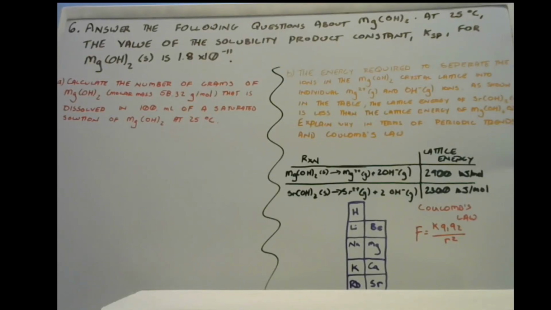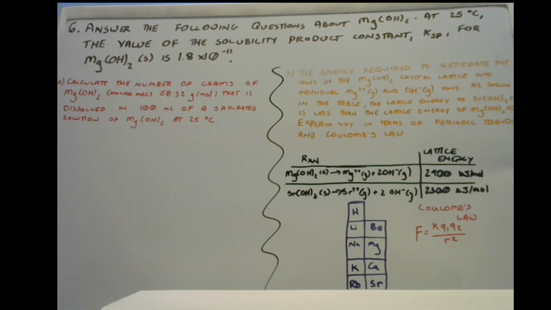Good morning and welcome to the 2017 AP Chemistry FRQ walkthrough for question 6. Question 6 starts by saying, answer the following questions about magnesium hydroxide. At 25 degrees Celsius, the value of the solubility product constant, or Ksp, for magnesium hydroxide is 1.8 times 10 to the negative 11th. Part A then goes on to say,